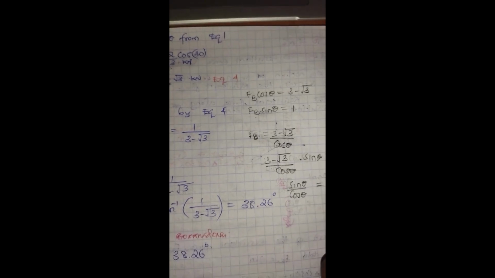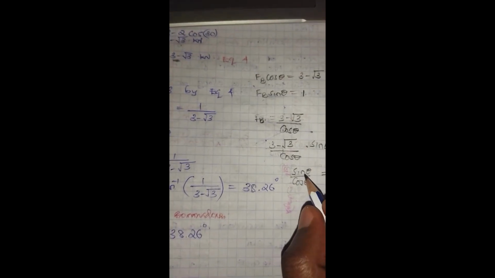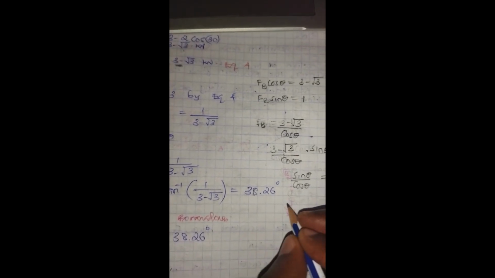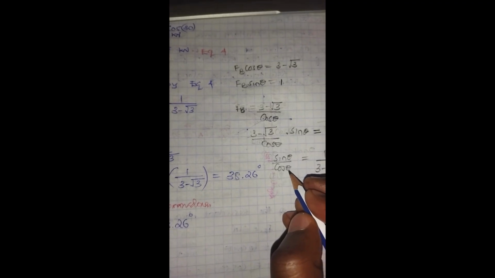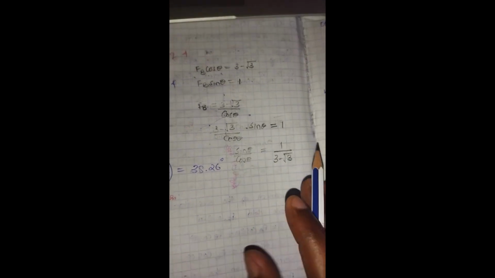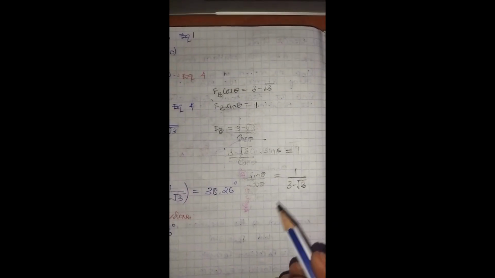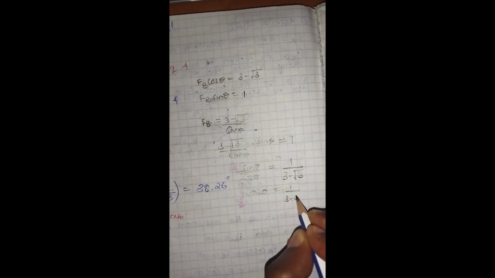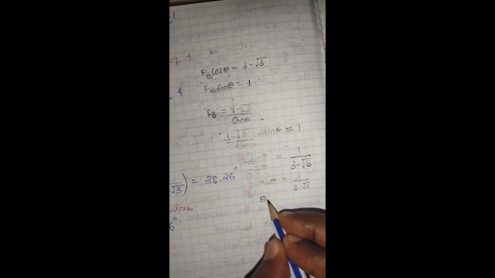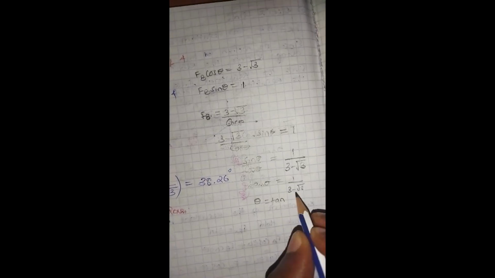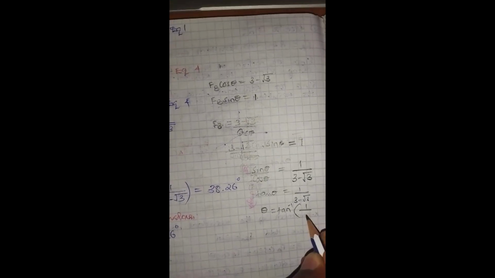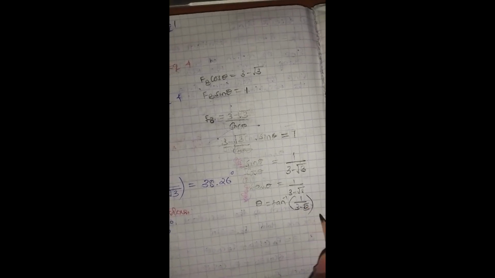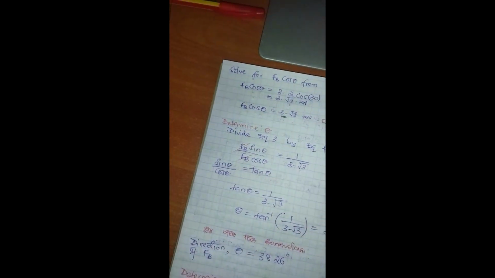We have 3 minus root 3, and this one divided by, we know from trigonometry that sine theta over cos theta equals to tan theta. So tan theta is equals to this value. So from there we can now get our angle using tan inverse. It's equals to 1 over. It's basically similar to what we had earlier. I was just showing them that it's possible for you to divide equations and be able to solve